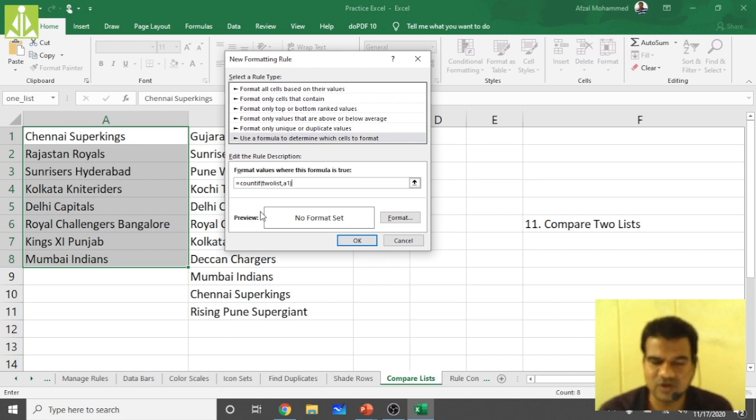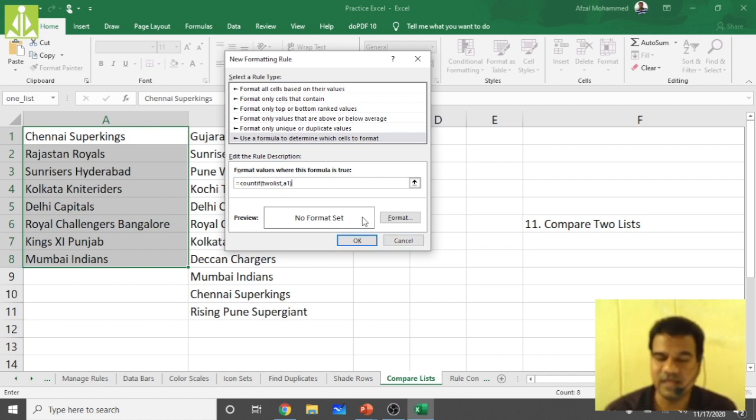As it is going to apply this formula to all the cells, this formula will be applied to the first cell as well as the second cell. When it gets applied to the second cell, this A1 will automatically become A2. When it gets applied to the third cell, A1 will automatically become A3, A4, A5, A6, A7, A8. Likewise, this same formula will be applied to all these cells based on their names. Here I am writing the formula only to A1, but Excel will automatically apply the same formula to all the cells with their respective cell names. This thing you have to remember.